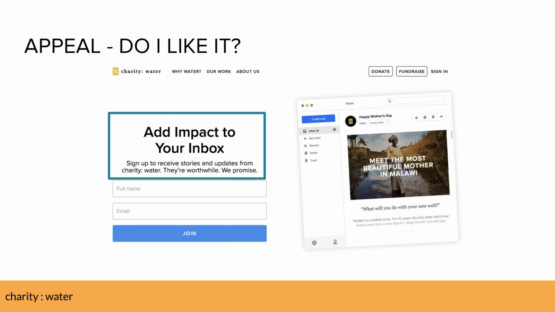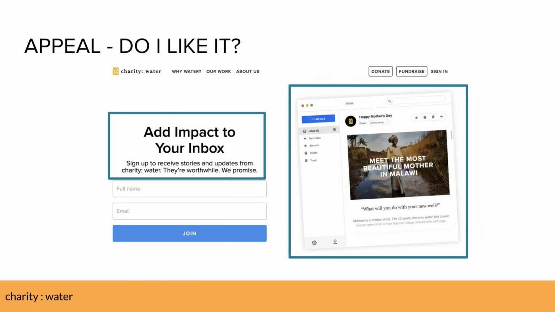So they're just talking about add impact to your inbox, right? Sign up to receive stories, updates from Charity Water. They're worthwhile, we promise. So a cool little tone. And then even though this isn't exactly what their emails look like, they're trying to show you to provide some of this clarity of what will you get? Oh, you'll also get something like this, right? High visual, beautiful. That's kind of their brand. This is what you'll get. So this is how they're trying to use appeal, but then also tap into a little bit of clarity by